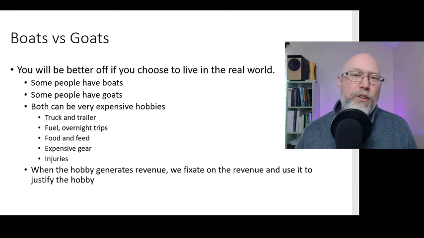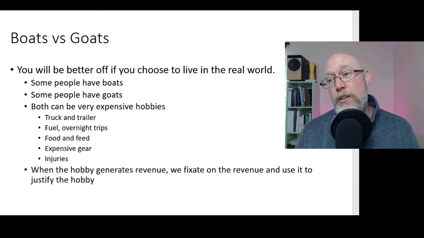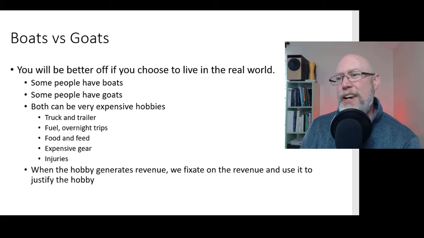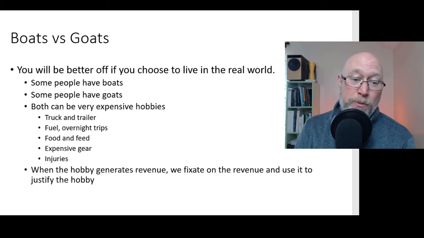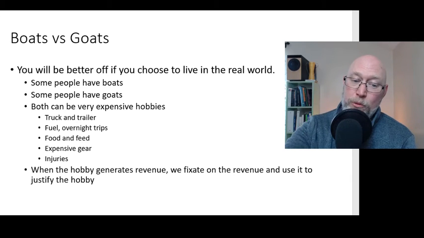You just throw it in the river next to your house. But what I see happening is people buy a boat, and after they buy the boat, they say, oh, hey, I need a truck to tow my boat. So they go buy a trailer and a truck and tow their boat to wherever.